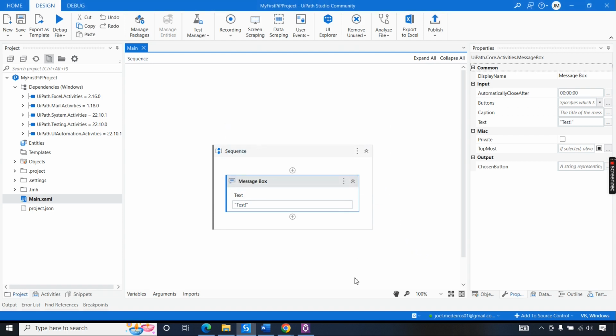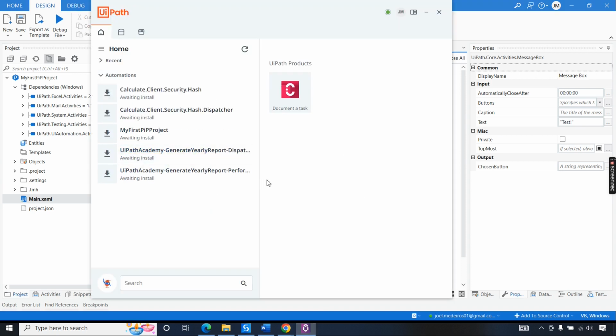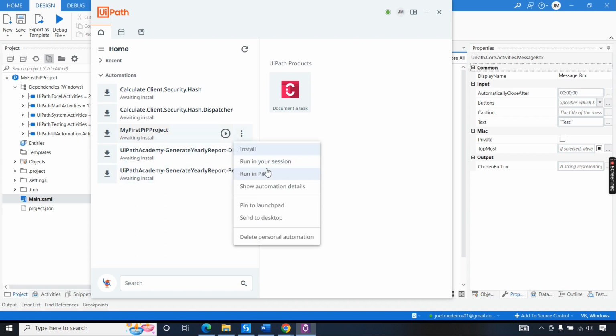Now let me jump to the UiPath Assistant. And in my UiPath Assistant, I have here my first PiP project. And how can I run this in picture-in-picture mode? There is an option here, Run in PiP. When I hit this button,